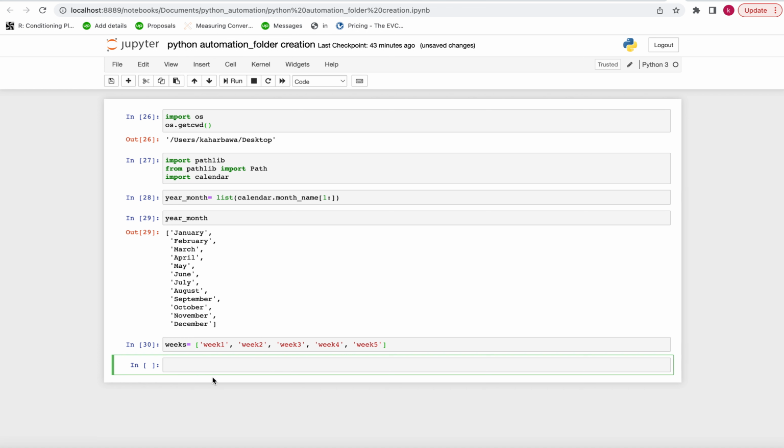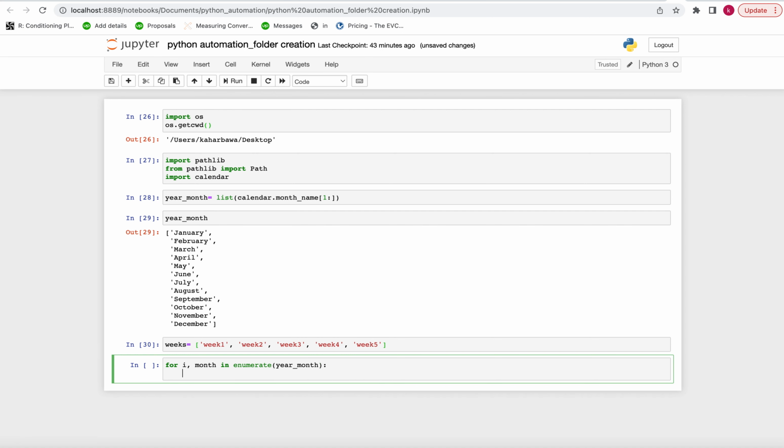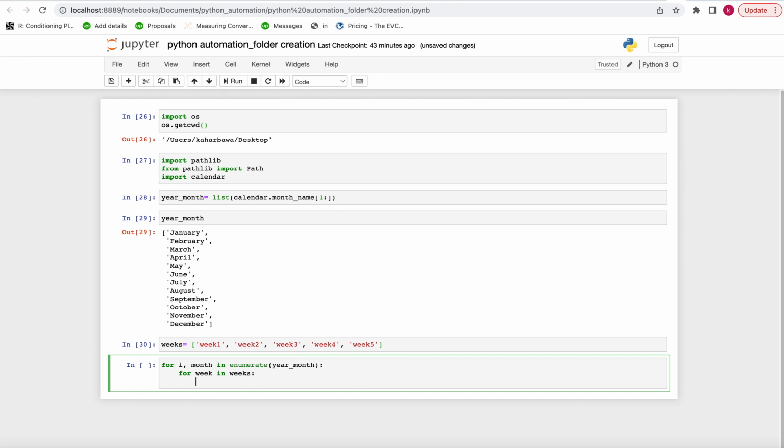So I'm gonna use here a for loop, for I, month in enumerate, I will put here the year month, and for week in weeks that are created up here. We want to use the path that we just imported here. So I'll create here a path. My path will be made of